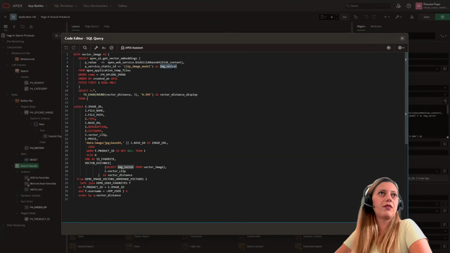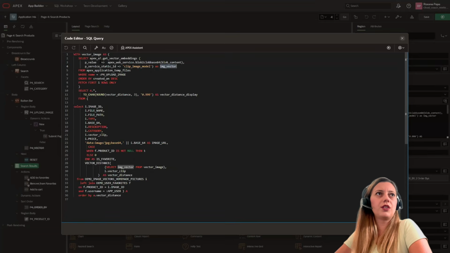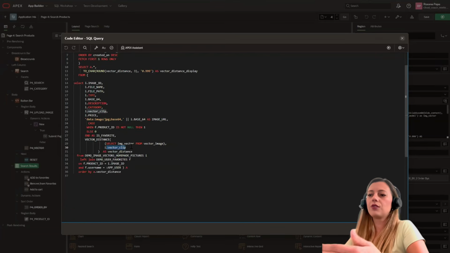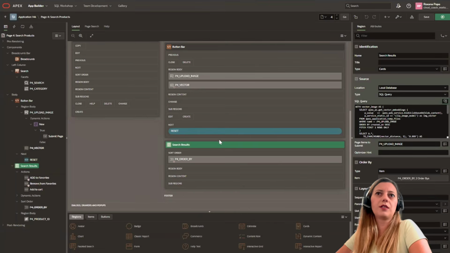So we generate the vector, we call it image vector, and then here is the table where Christina uploaded the data. We calculate the distance between the vector that we generate on the fly and the vectors that are also generated with the CLIP model and stored in the database, and we order them by the distance. This is how we get the closest results.